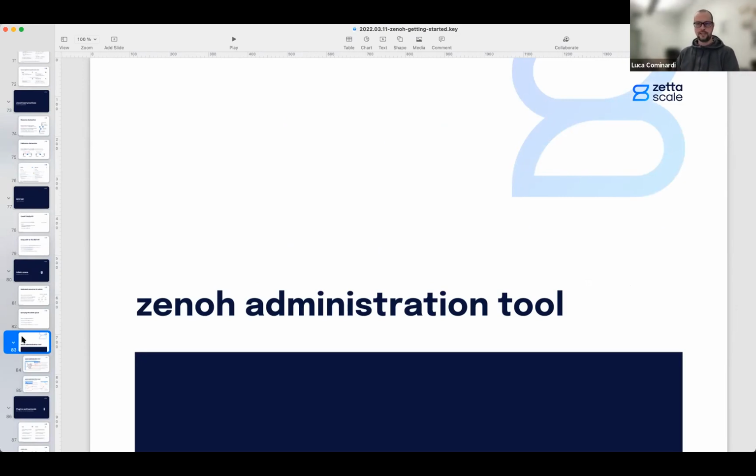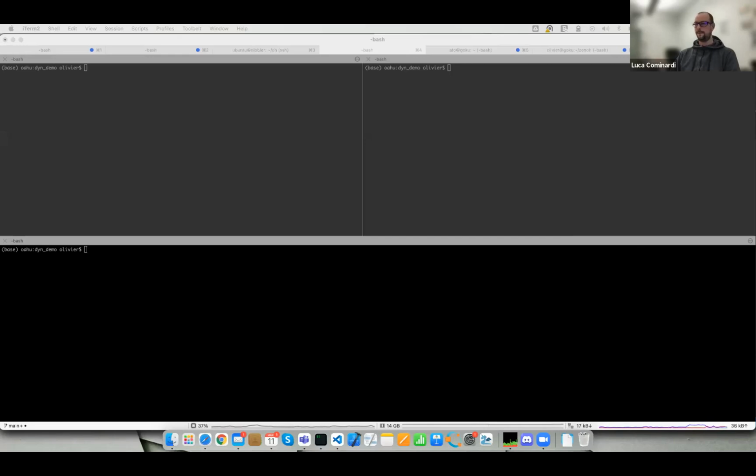And in order to showcase that, I'm going to ask my colleague Olivier Carr to take the floor, to showcase our administration tool and the way this REST API combined with the query mechanism can give you a nice feeling of what's happening, how you can operate on Zenoh, and how you can potentially drive your Zenoh system through that admin space. Okay, Olivier, you're good to go, please. Yeah, so